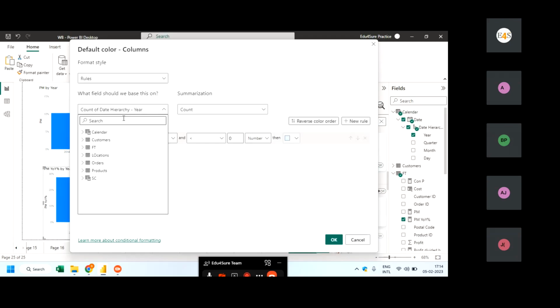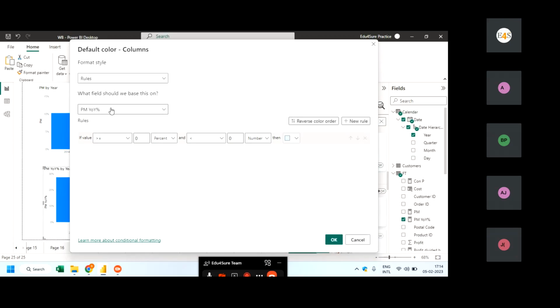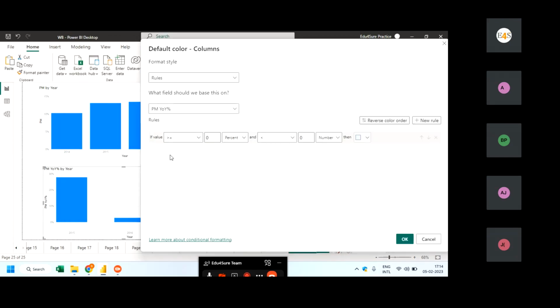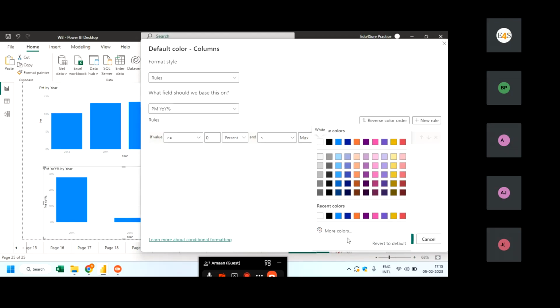So now you will create rules. What kind of rules? That if your profit margin year over year increase is greater than zero. So whenever we are saying greater than and equal to zero, we are talking about the bars which are above zero line. This line, correct? And less than, you will remove this zero. So it will automatically pick up the maximum value. Because you never know how high this bar is going to be. So you set it to automatic, like maximum, right? You are not defining 28% or 100%, correct? Then you want to show it in green color,